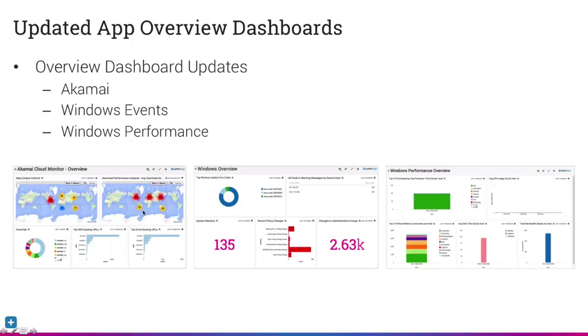So moving along to the updated app overview dashboards, we have a collection of 3 new dashboards for Akamai, Windows Events, and Windows Performance. And these you can easily do a quick install. If you already have them installed, you can just create a new folder and have a new set of dashboards that includes the overview as well. It's good for a quick glance, and I'll just explain